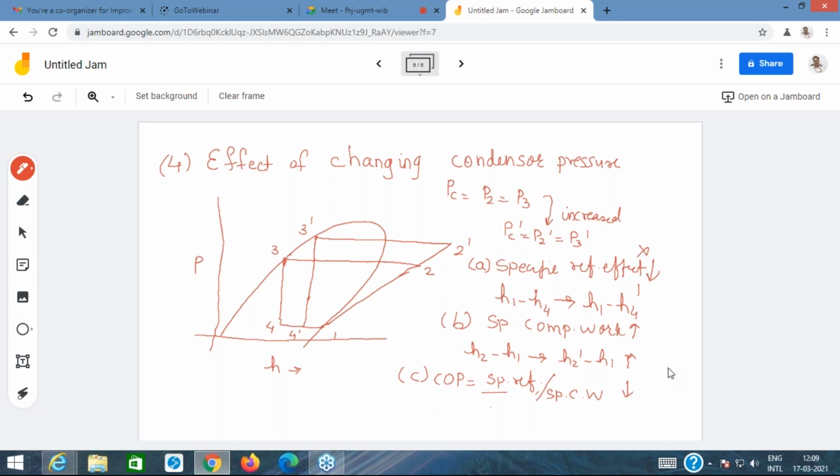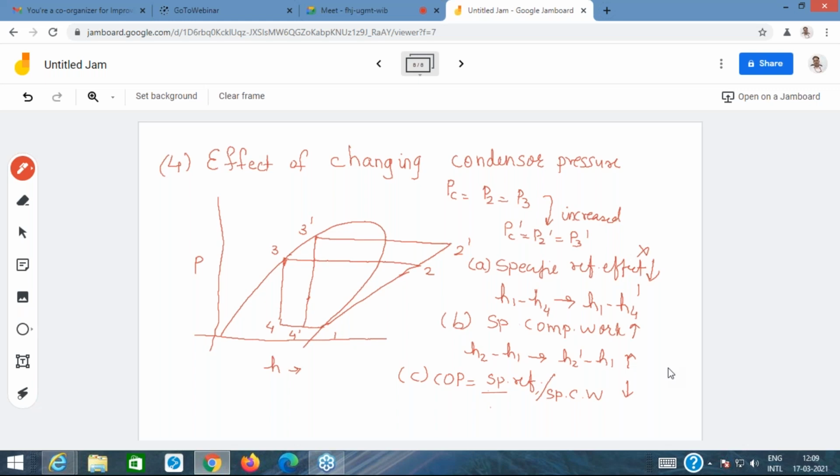So all these discussions which we had, how do we summarize them? One is that there has to be suction superheating, which would enhance the refrigerating effect, but that has to be carefully done. The degree of superheat has to be carefully controlled so that there is a net gain in the coefficient of performance. Suction superheating increases the specific refrigerating effect, but it also increases the compressor work. Okay, so that was discussed.